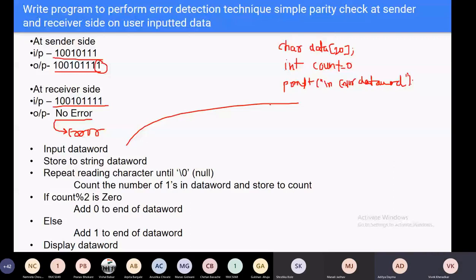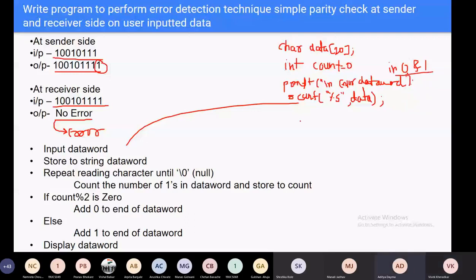Good. So what is the use of this statement? It will ask the user to input the string. But you have to display the message to enter the data word in 0 and 1 only, because if I ask for entering characters, the user might enter a name also, or something else, which is also a character. But you are expecting the data word in 0 and 1 only. This message you have to display in the printf. Okay, then the next step, Aditya.